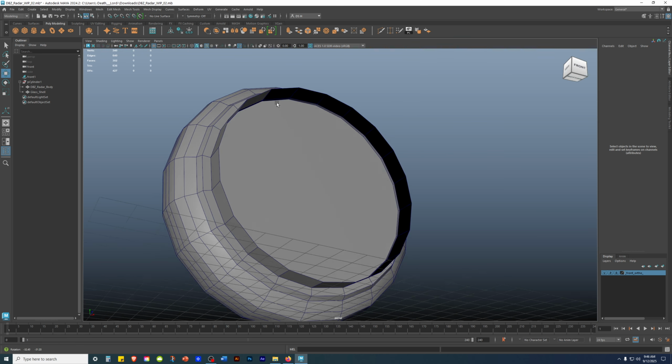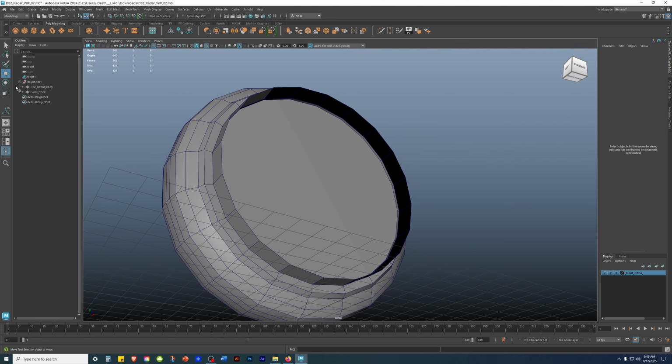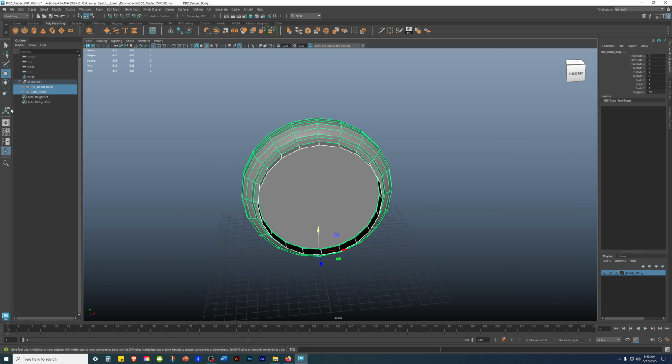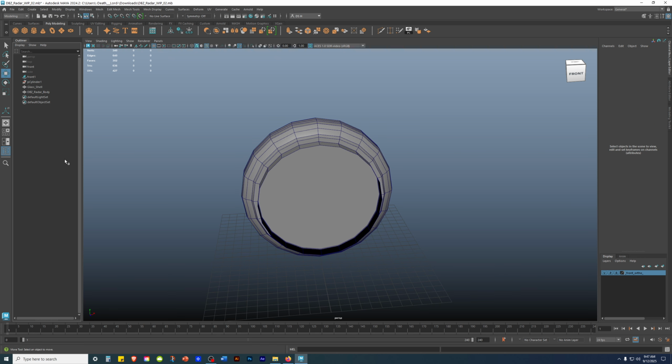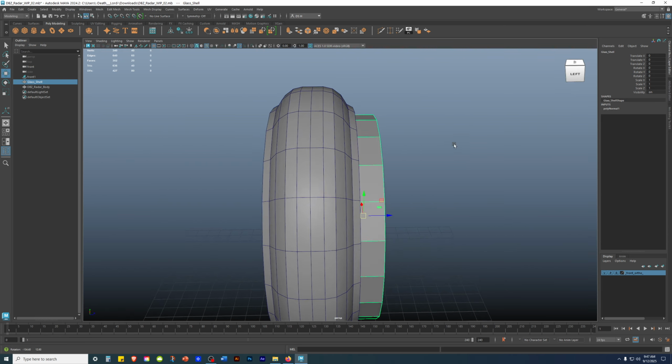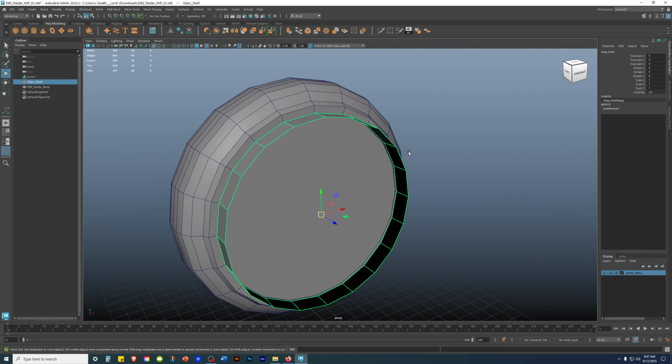I'm going to select out here like that, and then in here I'm going to hold down the middle mouse button. While holding down the middle mouse, I'm going to yank down, then I'm going to let go. Boom. I'm going to select this, backspace, and then select this, press R,